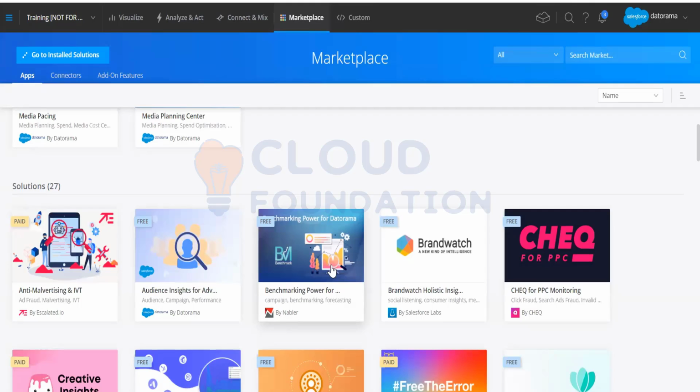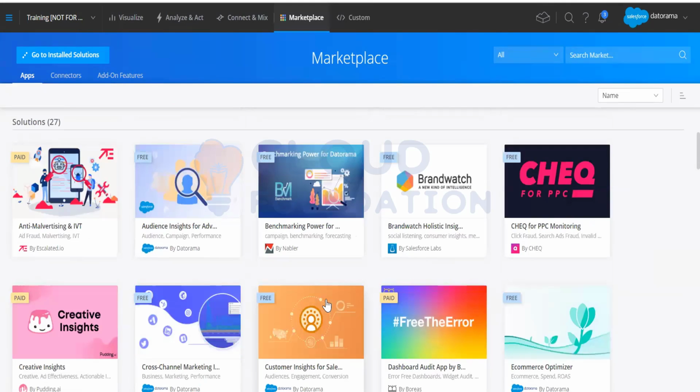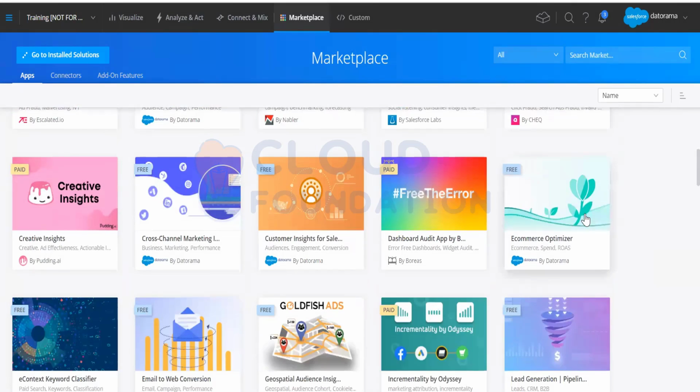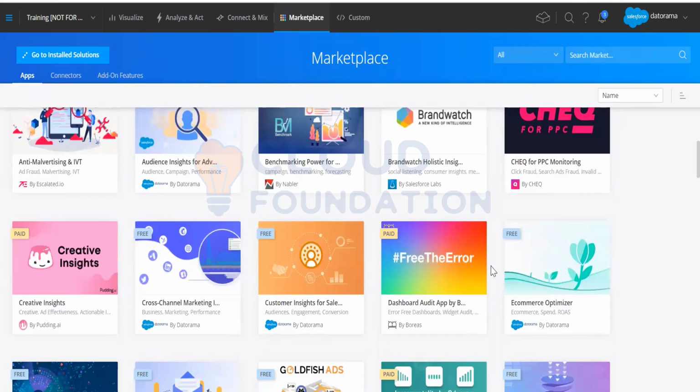And you can take advantage of these apps, and create as many creative insights as you want to, because we have Brandwatch, which, if any of you have worked on social listening, is one of the important tools in that medium. We have cross-channel marketing performance, we have customer insights, which you can go ahead and use. There are free apps, and then there are paid apps. So free apps are something which you can